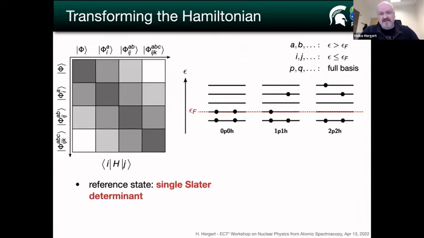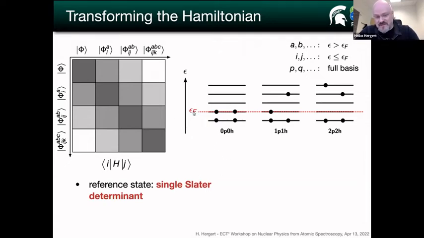So the idea that we're using in the IMSRG is that underlies really any kind of renormalization group. And it's very parallel to how you would define other similarity transformation techniques. The idea is to perform a transformation of the Hamiltonian in operator form that will then guarantee that the structure of the matrix in many-body Hilbert space is going to be simplified. And the way we do this is we choose a reference state for the purposes of this example, just a simple single Slater determinant